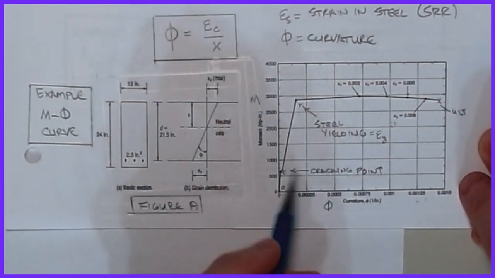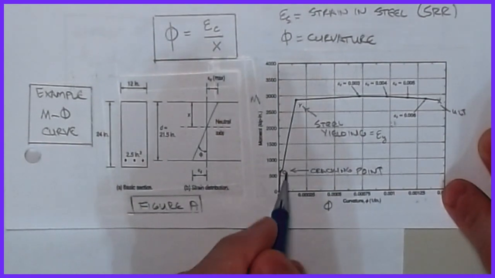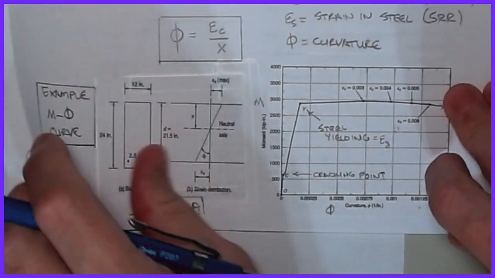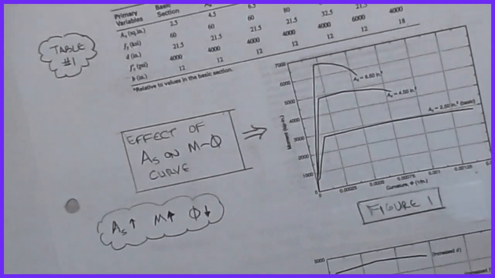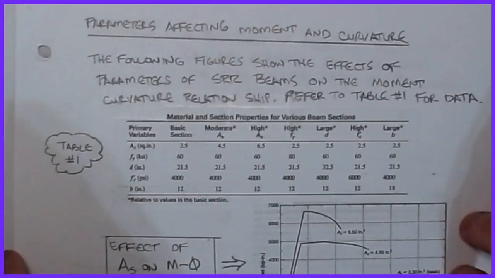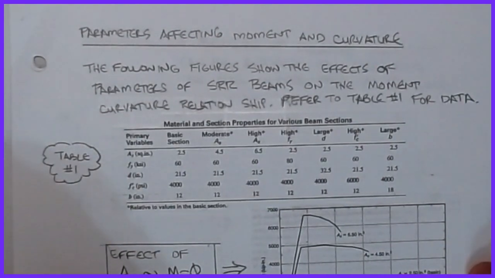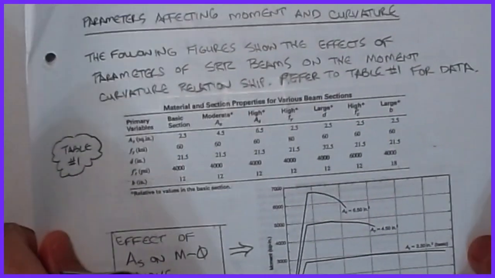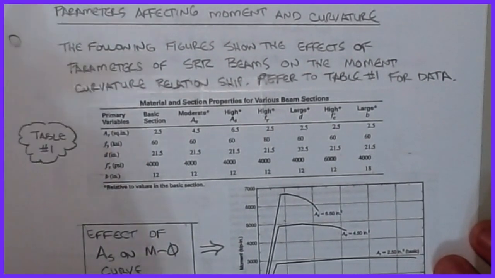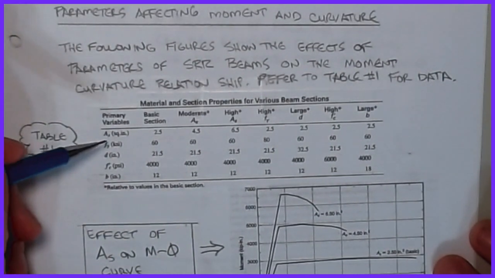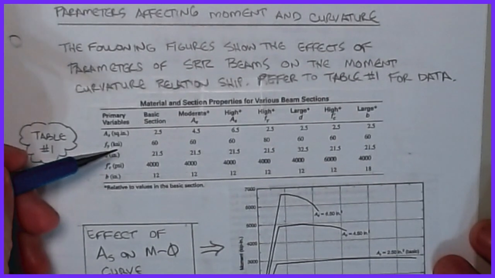Now, up to the cracking point, this is what we did in the last video with the elastic flexural stresses. So we want to look at what's going on here. Let's take a look at some of the factors that are going to affect the moment curvature for us. What I've done is I've pulled some figures from some resources that show the relationship of what's happening. In the curves that I'm going to show you, we're going to vary